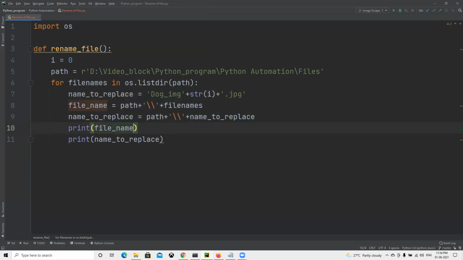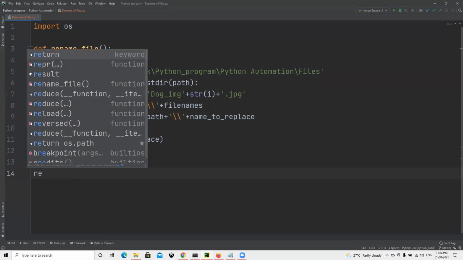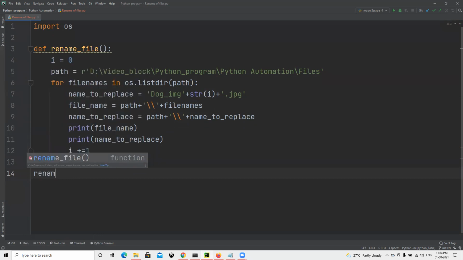So these two will do the print, and before going on, let us first do i plus equals 1. And then finally we need to call rename file.